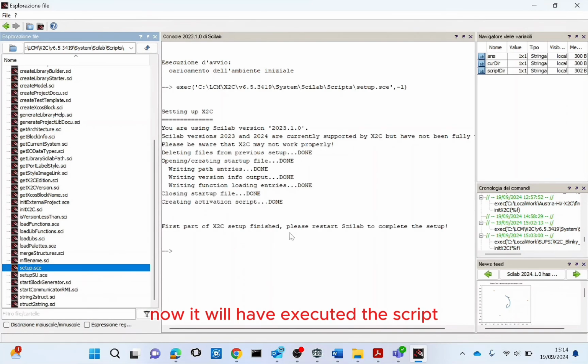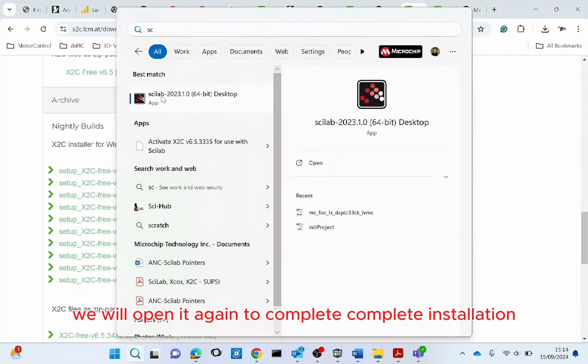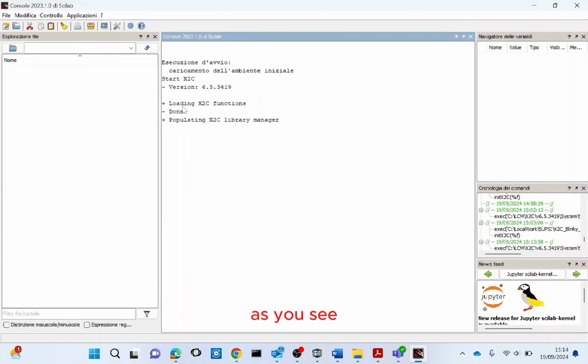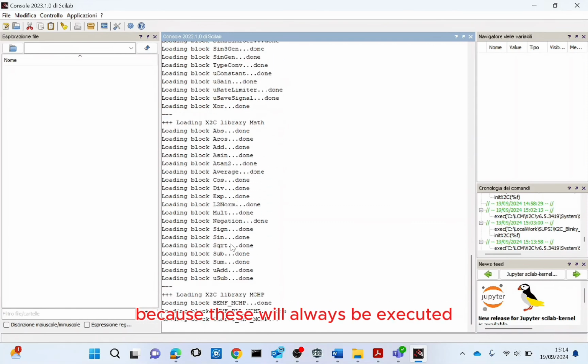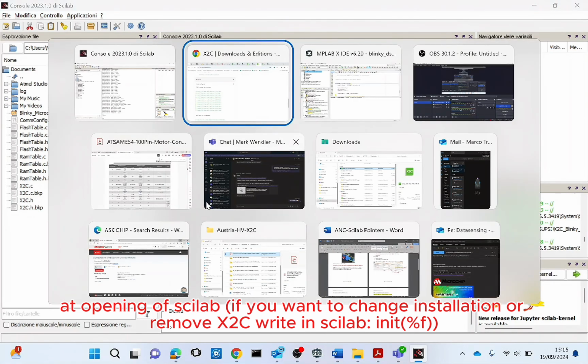Now it will have executed the script. It will ask us to close. We'll close Scilab. We will open it again to complete installation. And as you see, it will be completing the installation right now. After this is done, we will not have to do it anymore because these will always be executed at opening of Scilab. After this, we will go to MPLAB